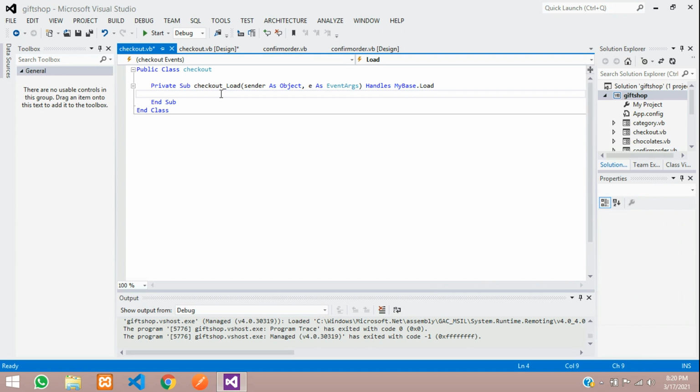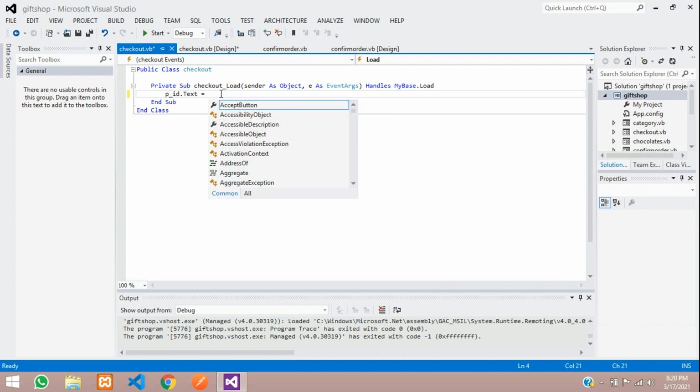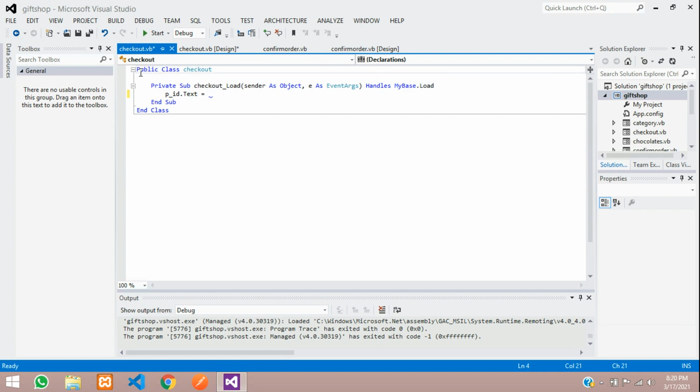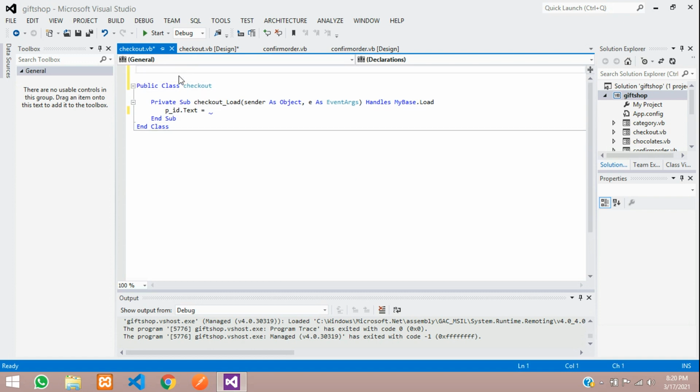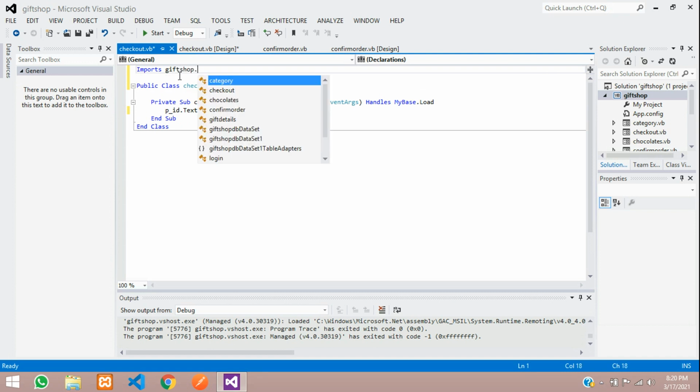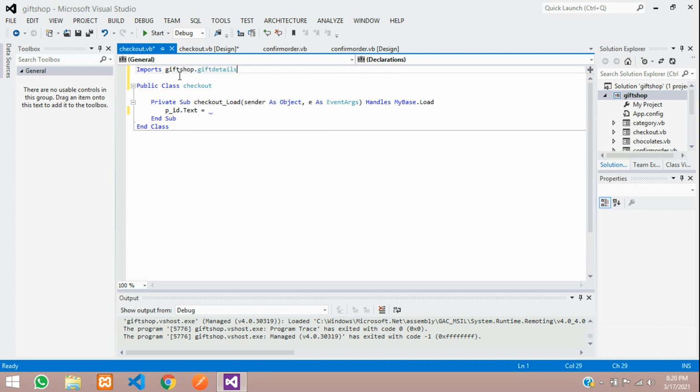When this page is loading, click it out here, so you can see Checkout.Load. P underscore ID dot text is equal to, you have to import the class, the class which we had made, Imports GiftShop.GiftDetails, and here just import that ID and given product ID.